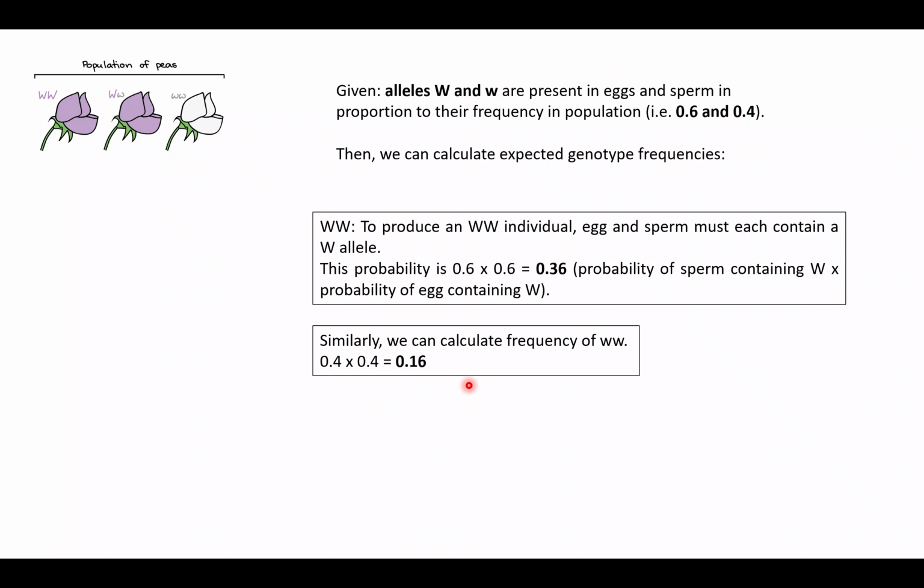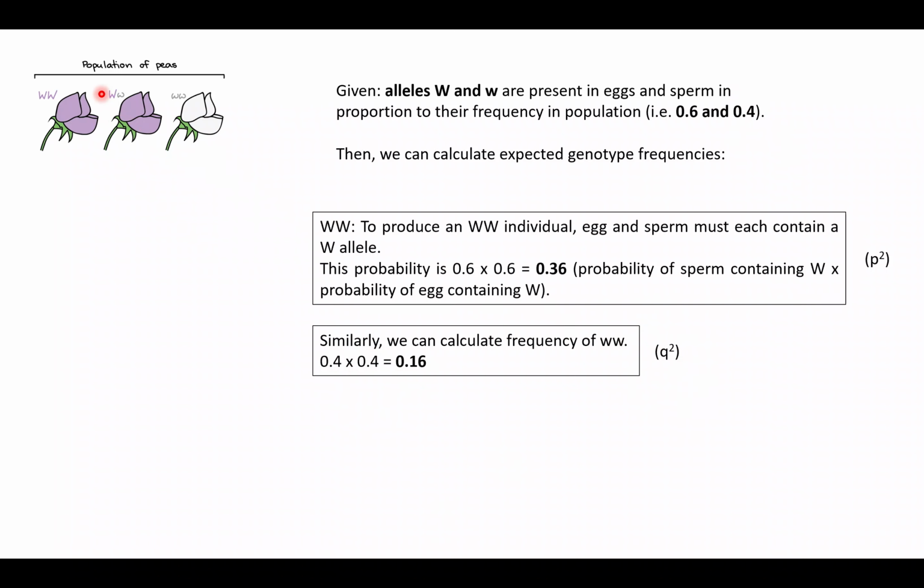Now the question arises, what is the frequency of the heterozygous condition, capital W, small w? Either the sperm has capital W and the ovum has small w, or the sperm has small w and the ovum has capital W. So now you can understand what I'm trying to tell. Before going to that, since we just multiplied 0.6 by 0.6, so it was initially P, now it became P square, and initially it was Q. We multiplied these two, now it became Q square.